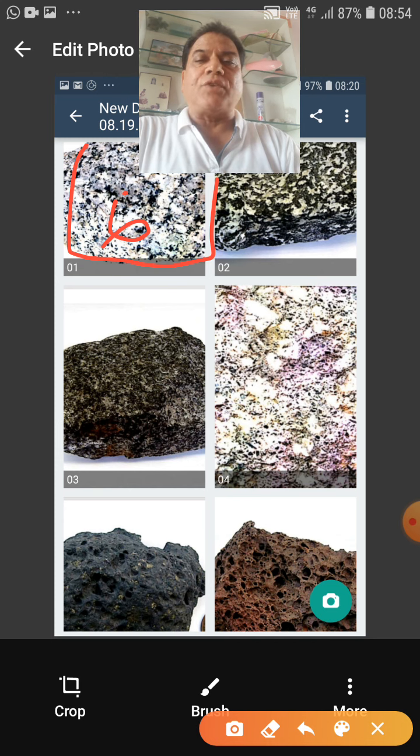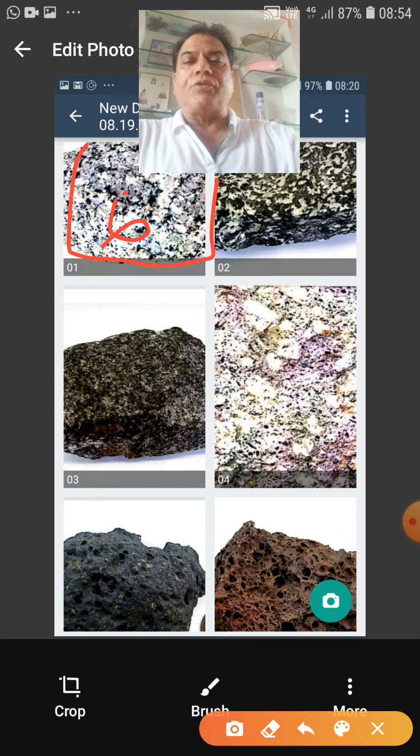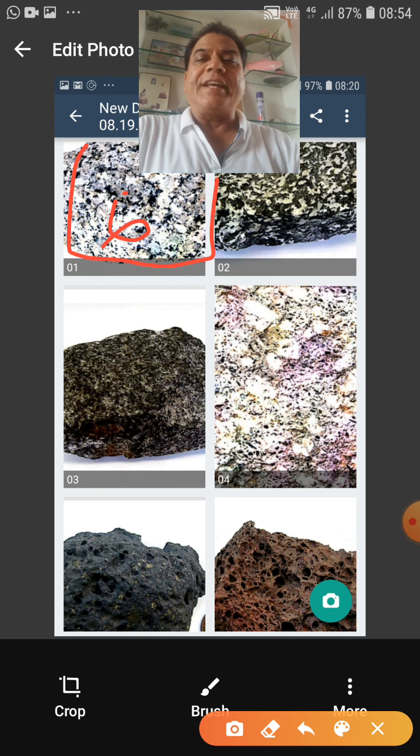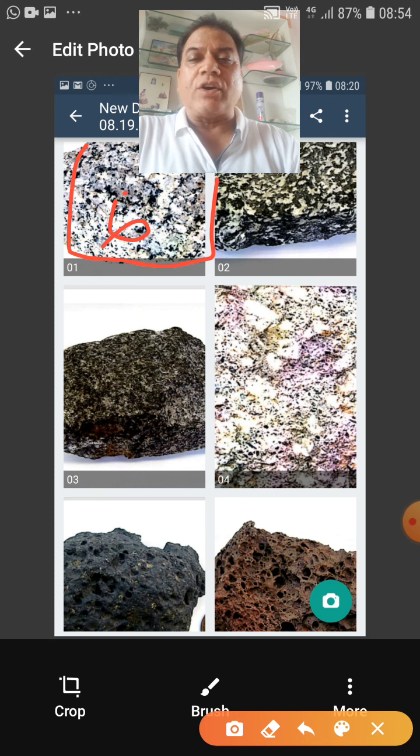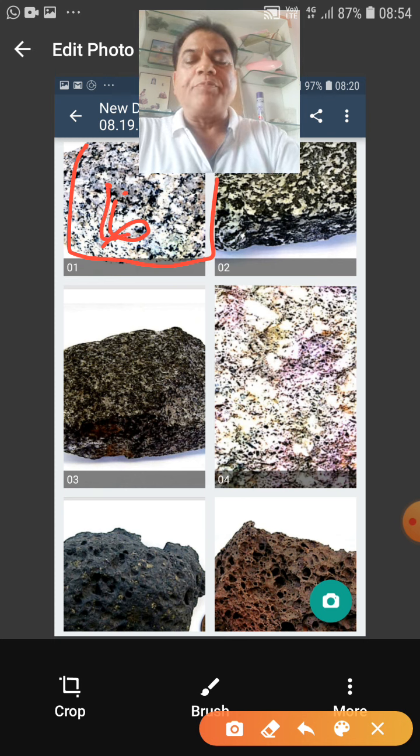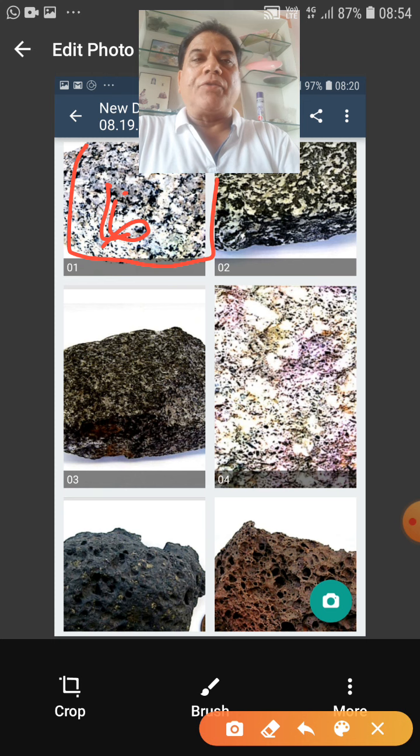Means once a rock has formed over millions of years, due to these natural agencies, they have been decomposed and transformed into secondary minerals. In nomenclature, we use the texture and the essential minerals. So to call a rock granite, this first sample is of granite. It should have a hypidiomorphic or granitic texture. The grain size is coarse, more than 5 mm, that we can very well see with our eyes. And second is that it should have quartz and orthoclase.